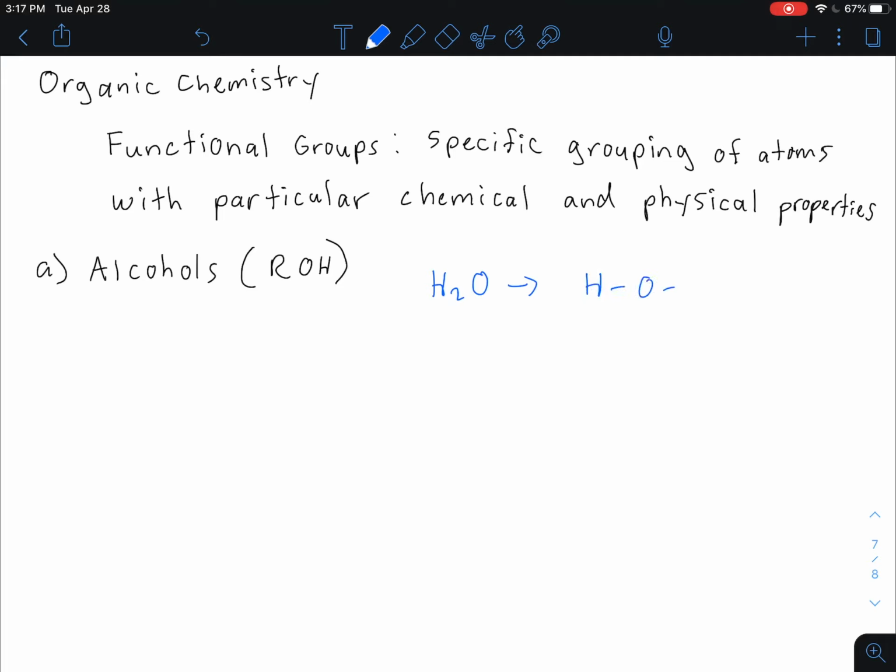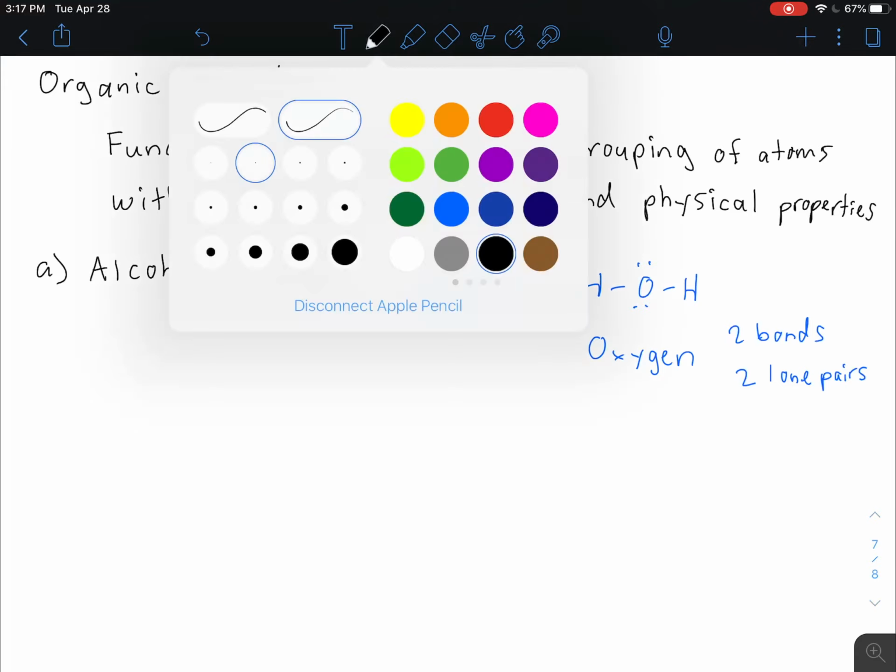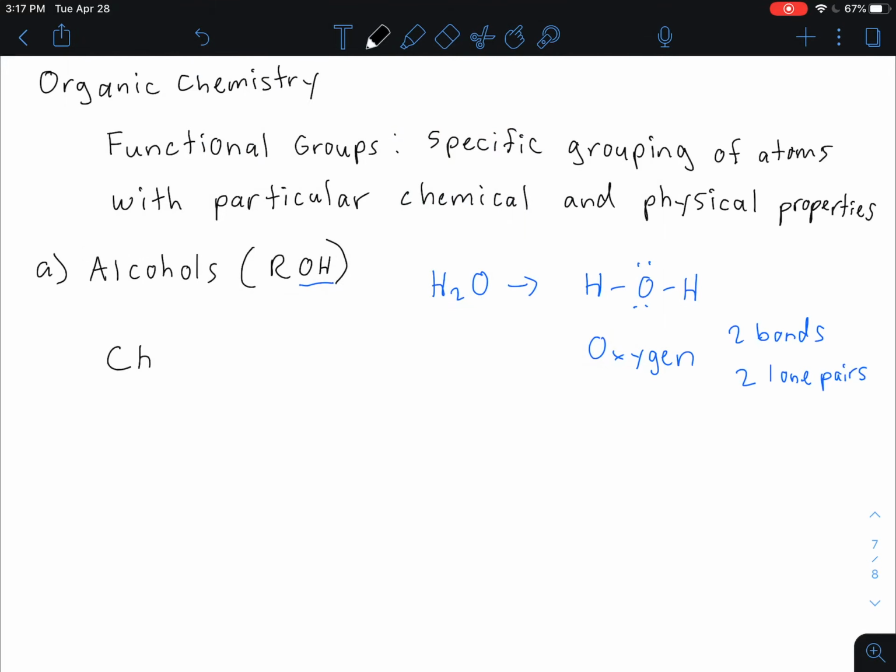So first, let me remind you about the structure of water, right? When we draw that, for the oxygen, it's 2 bonds and 2 lone pairs. So that's our expectation for the behavior of oxygen. And so when we integrate it into a carbon chain, one side still needs to have the H attached, and then the other side will be attached to a carbon chain. So if we start with the smallest one,